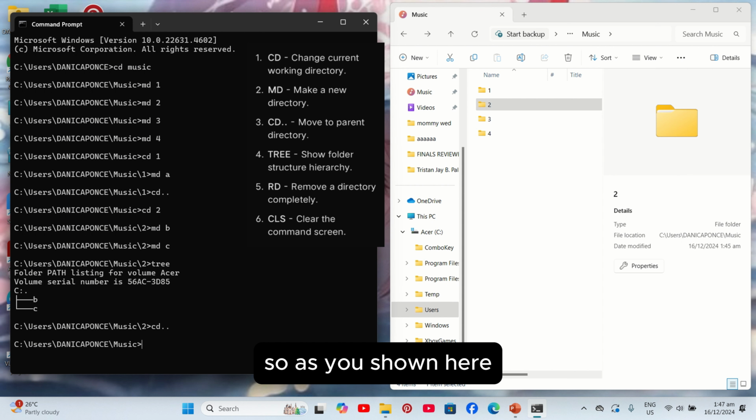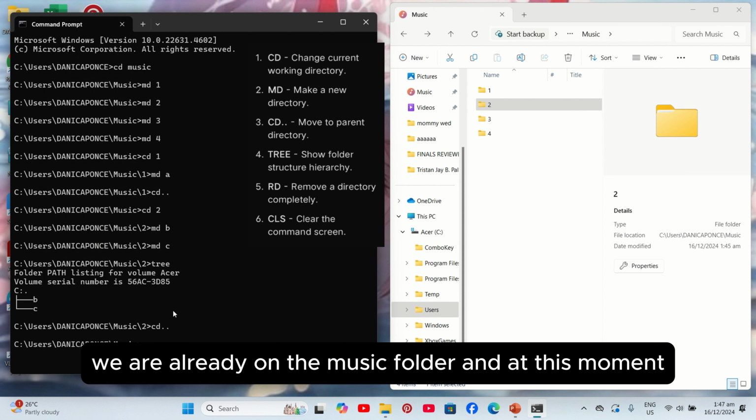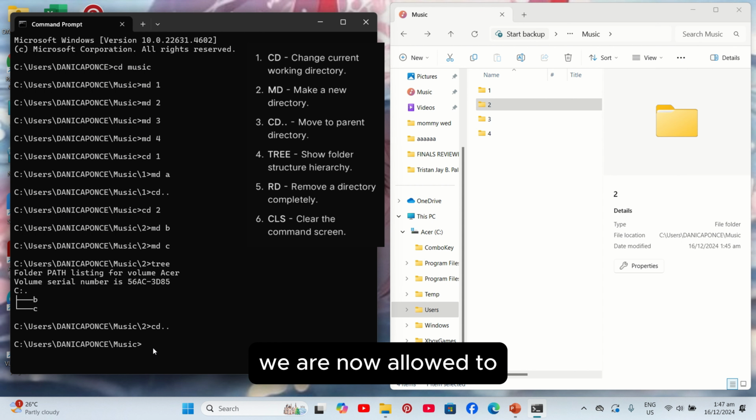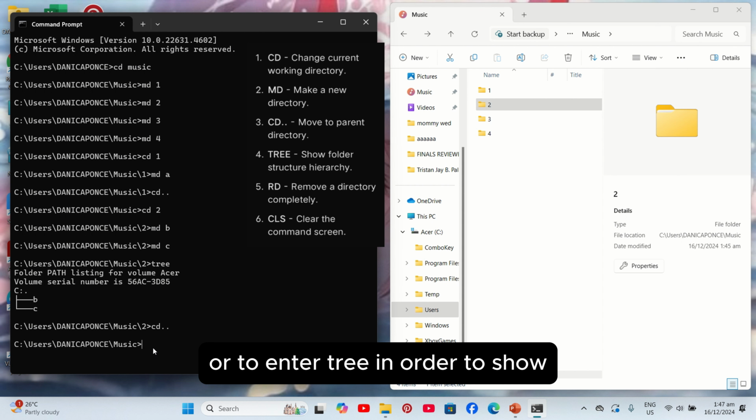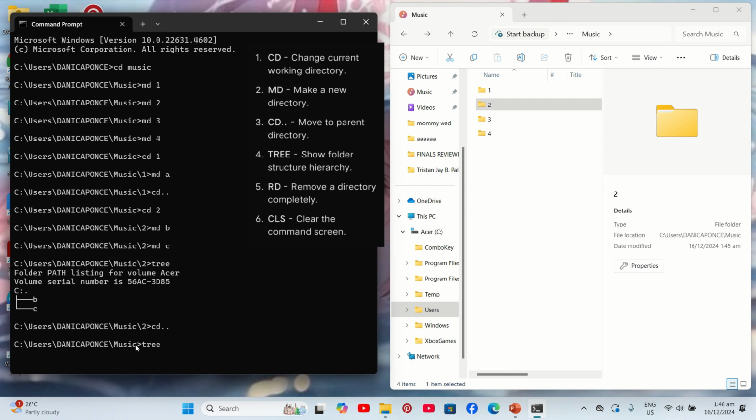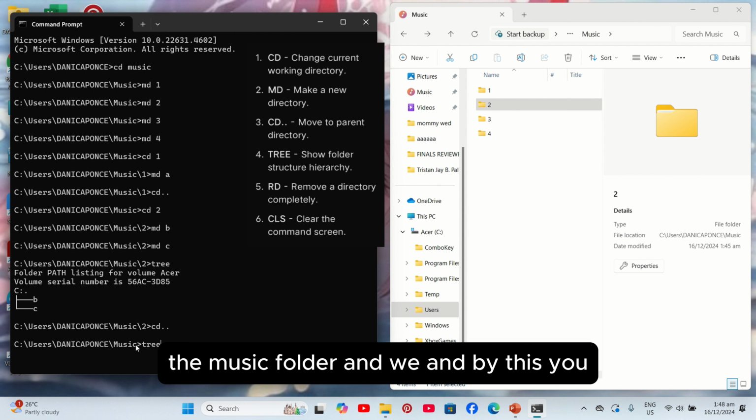So as is shown here, we are already in the music folder, and at this moment we are now allowed to enter tree in order to show the outline of our music folder,